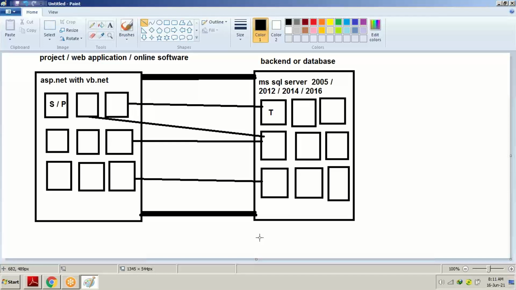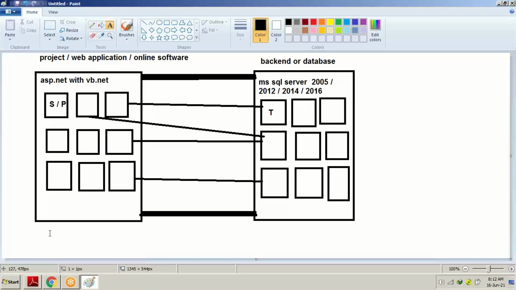In the same way, the one thick wire from the exchange to our colony is the connection, the dark line which I have drawn on top and at the bottom of the screen, connecting the entire project with the database. And after making that connection between the project and the database, we have drawn small thin lines connecting the screens, the pages, with the tables.